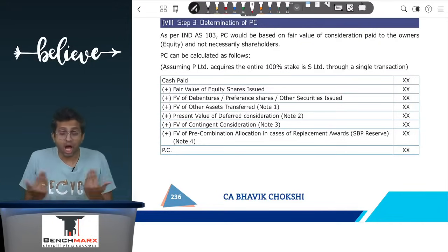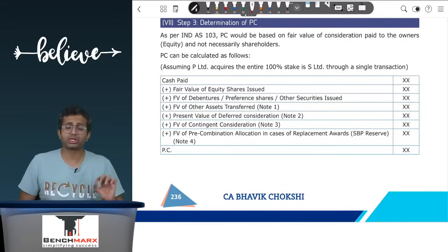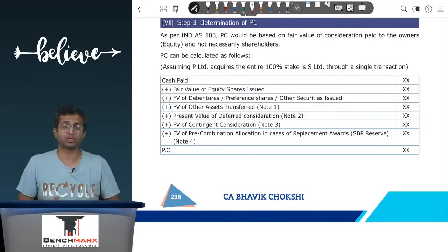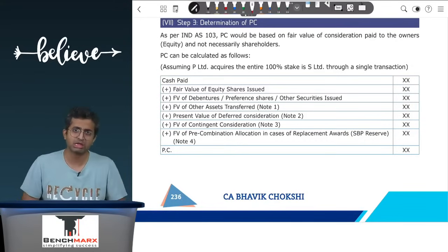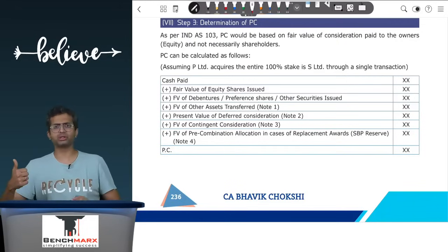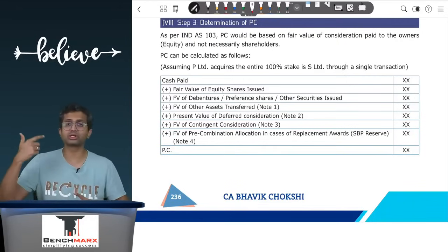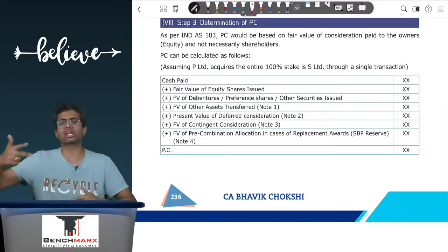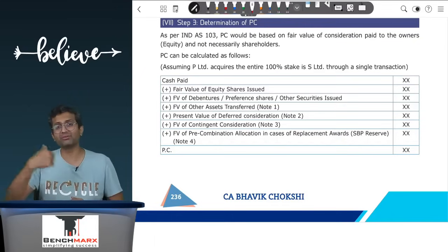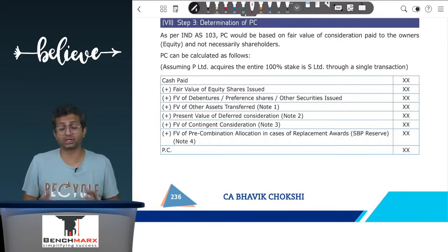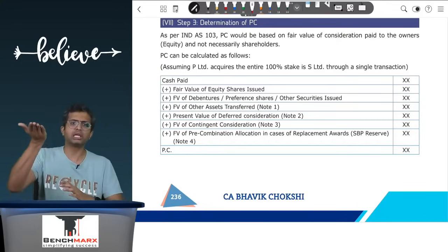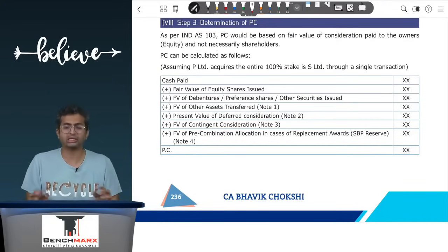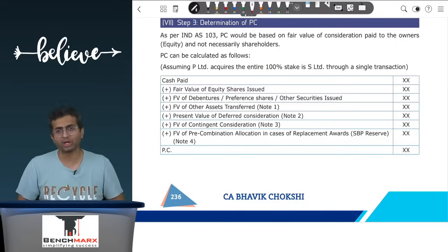However, there can be even ESOP holders, in which case, if ESOP is classified as share-based payment or SBP reserve as a part of other equity, then payments made to ESOP holders are also a part of PC. So what all can be a part of PC? Well, cash paid, or the fair value of shares, debentures, preference shares, or any other instruments issued, and even the fair value of non-cash assets issued. For example, we might agree to give land as a part of purchase consideration, in which case you will first remeasure the land, take it to fair value, take the difference if any to the profit and loss account as gain on remeasurement, and then take that land at fair value as a part of PC.